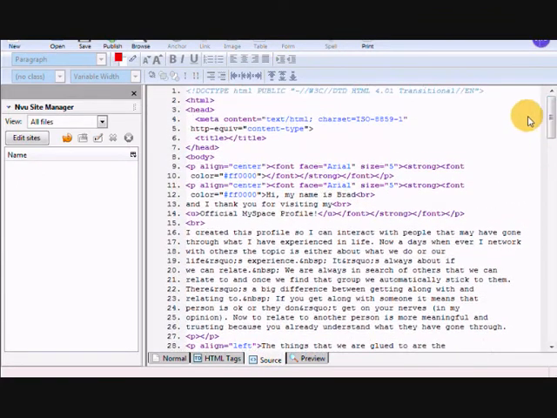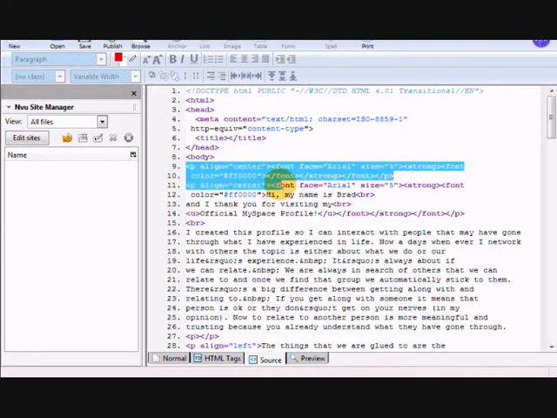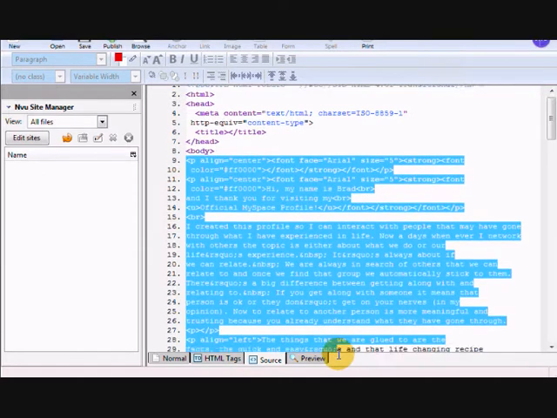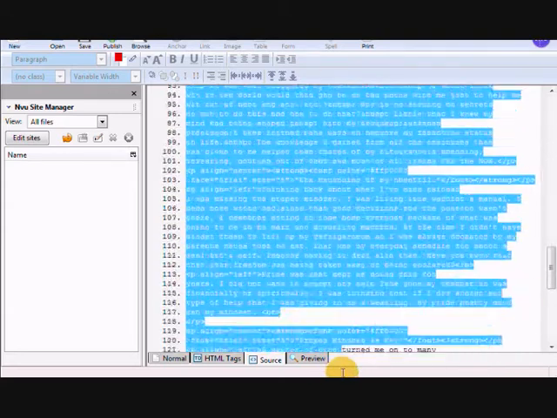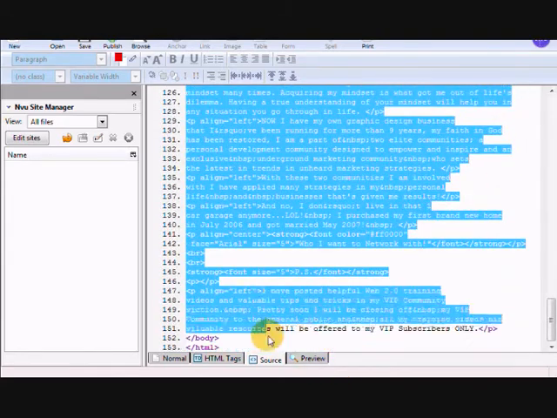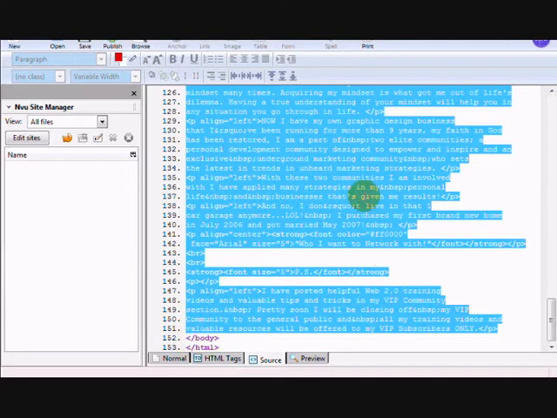Okay, now this is going to bring up the HTML coding. It might look a bit gobbledygook to you, but what we want to do is, maybe 6 or 7 lines down from the top, it says the word body. Now we want to copy everything below where it says body. Scroll all the way down, and towards the bottom of the page, again it will say body, and we just copy everything between where it says body and body, basically. So just above where it says body at the bottom there, that's where we stop, and we will copy all of that,